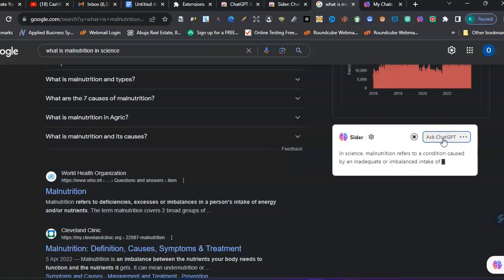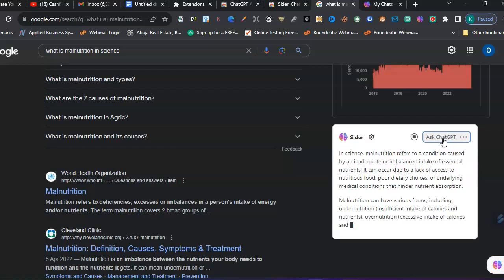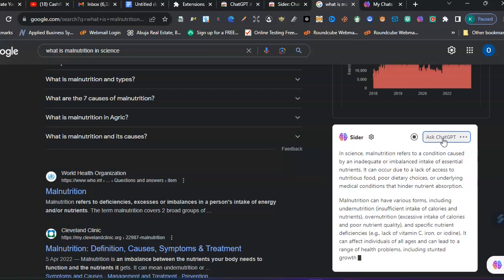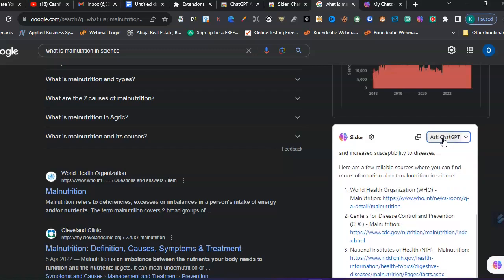Let's see. This is also another definition, and that's because we installed what? ChatGPT for search engine, right? So apart from that, we're going to go to the next one, which is called